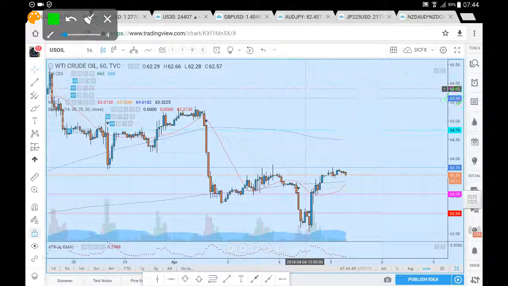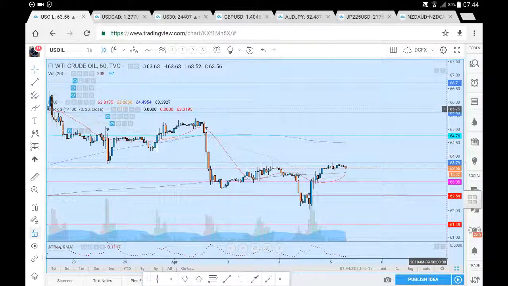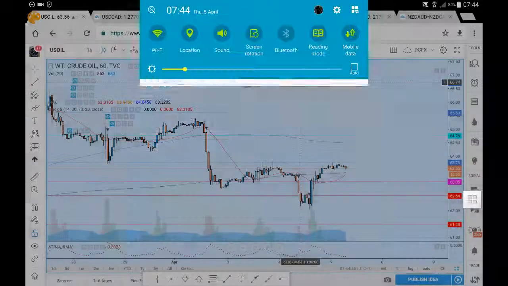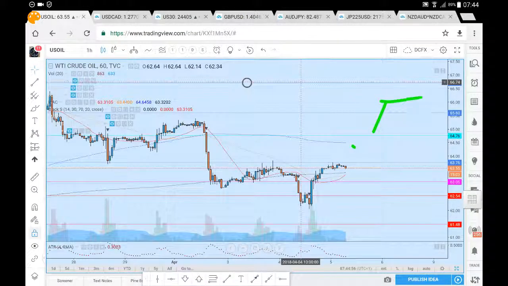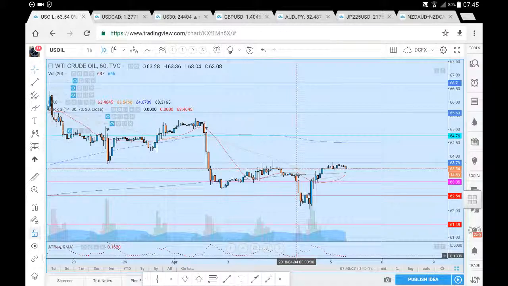Wouldn't anticipate prices moving much beyond the 65.60, but if we did have a particularly volatile day, 66.71 or 66.50 may come into focus here on the US oil. If however we do see the continued breakdown from where we are at present, the very next key important level that we are looking at here on the US oil would be a move down towards that